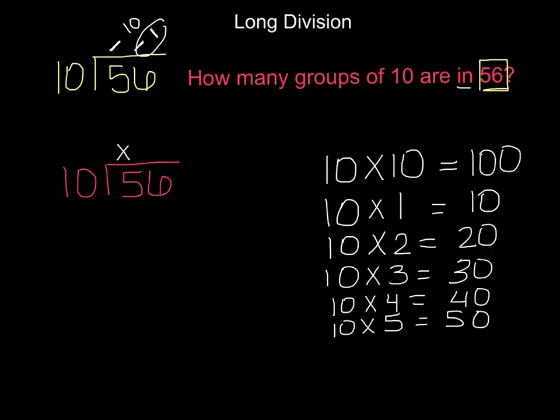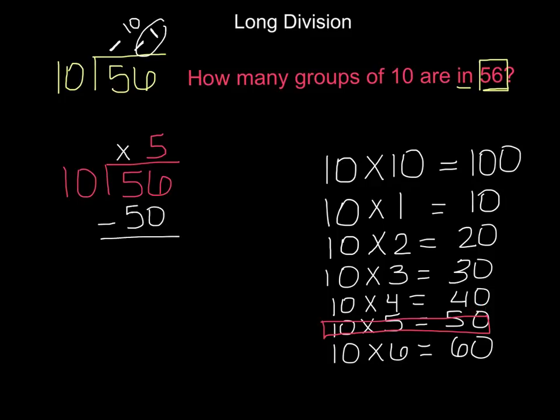Notice that I'm still staying in the ones place because that's the place value system I'm working with. I'm getting closer. I got to 50. Let's try 10 times 6, and it's 60. Now I went over. As soon as you go over, the top number or the top sentence should tell you that that's the number you're going to be using. So then I go ahead and write the number 5 here. I already did the multiplication work, which is 5 times 10, which is 50. I'm going to go ahead and write it. I'm going to subtract it,